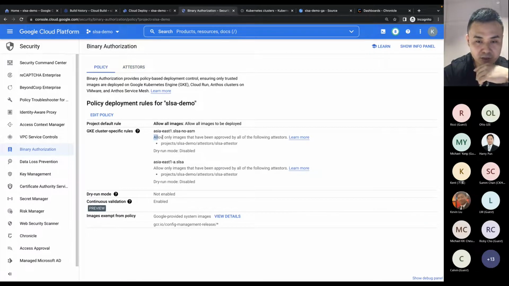Now, back to my policies. This is a bit wordy. So I go, look, I only allow images that have been approved by this particular attester to be deployed on this particular cluster. In my demo, I have 2 clusters, and I've set the same policy for both clusters. So if we go to the cluster,